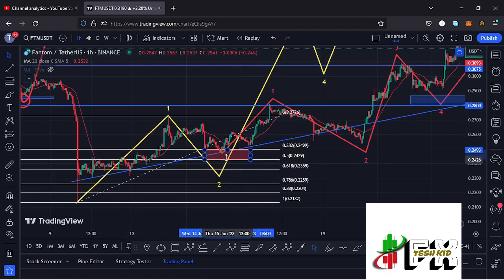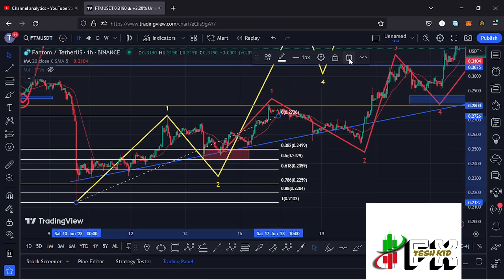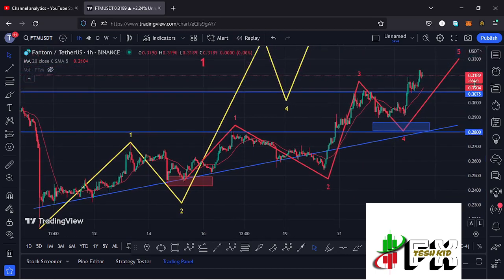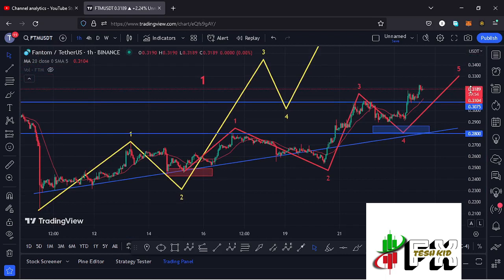And you can see that we saw a reaction of the area between the fib level 0.382 and the fib level 0.5. And after seeing a reaction of that target area, we started an impulsive move to the upside in the formation of a larger Elliott wave count 3, which is the move that I believe is what is playing out,